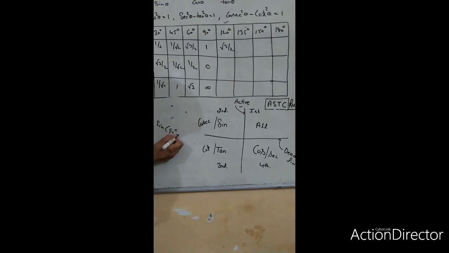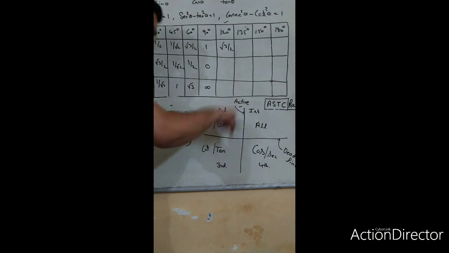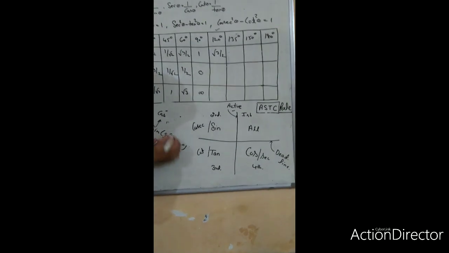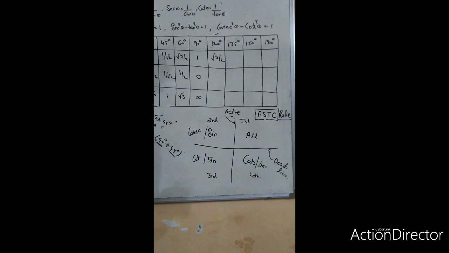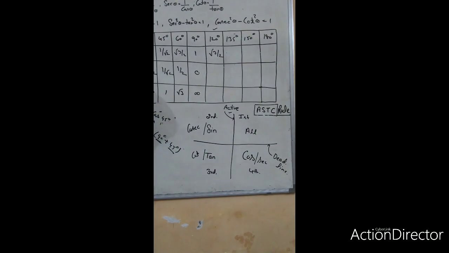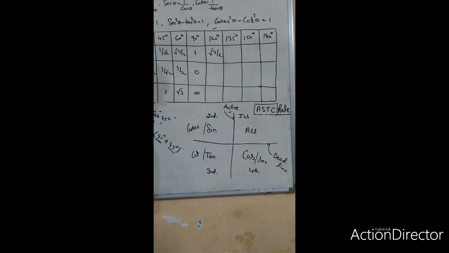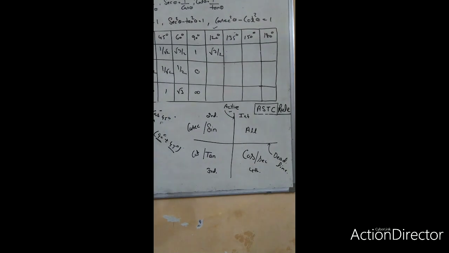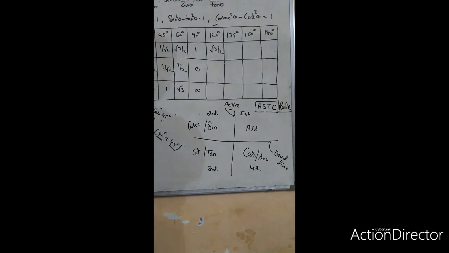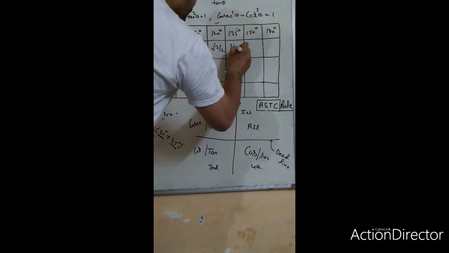For finding 135, you have to put sine of 90 plus 45 degrees, but at 90 you have to change, it's an active line. You have crossed the active line, which means the cofactor changes, that is cos. Now, in sine of 90 plus 45, you have to take the angle 45 degrees, and we have to convert sine, but in that quadrant sine is positive, so take positive cos 45. Check out, cos 45 is 1 by root 2. You have to put 1 by root 2.